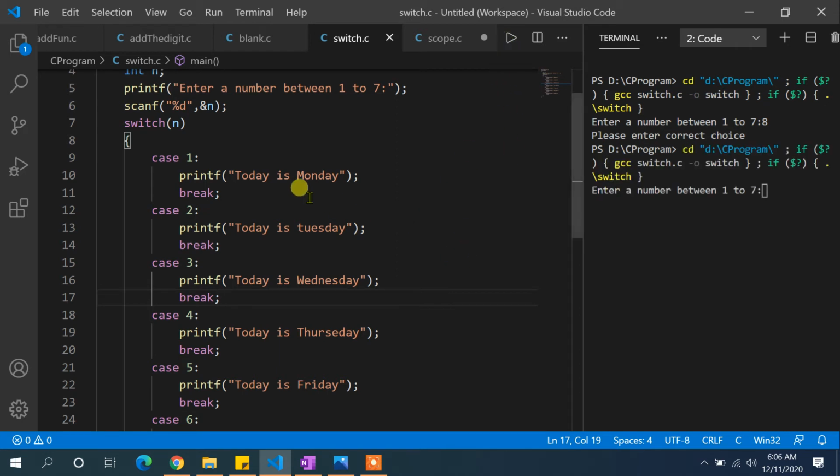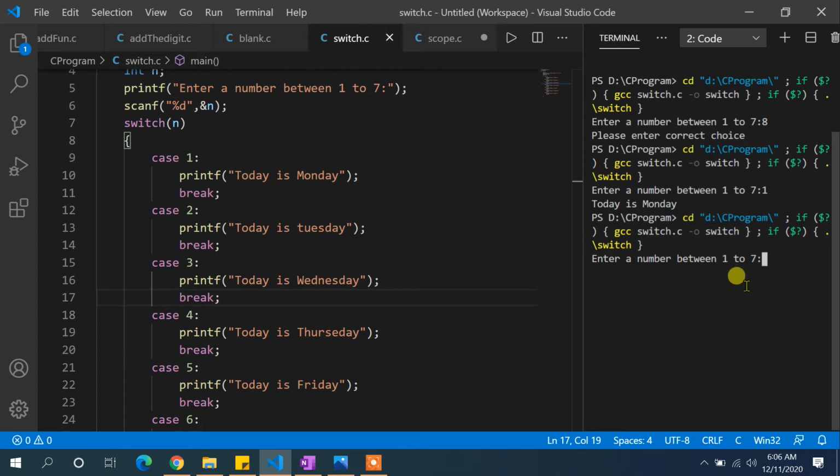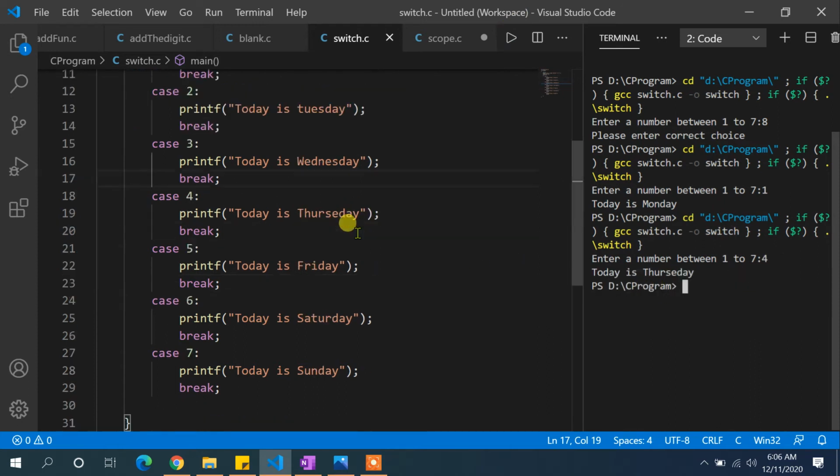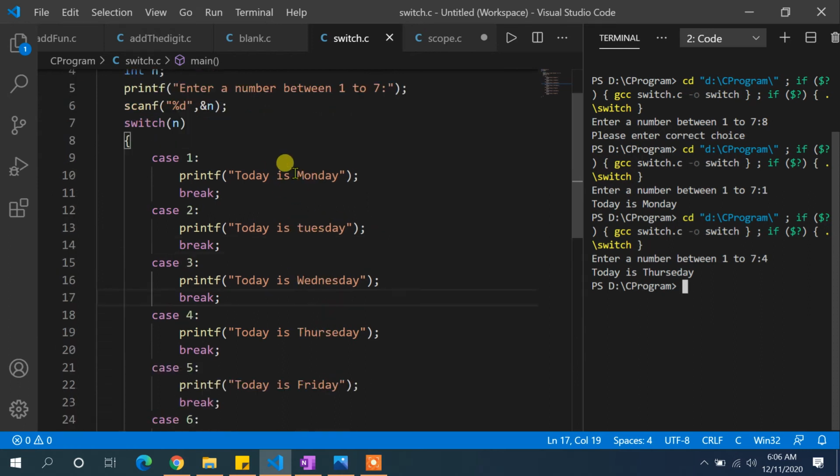So I am not entering any default case over there. If I write 1, the output is Monday. If I put, let's say 4, the output is Thursday, and so on. So you can notice that there is no default case present in the switch case.